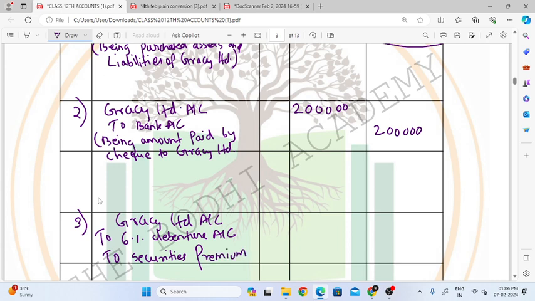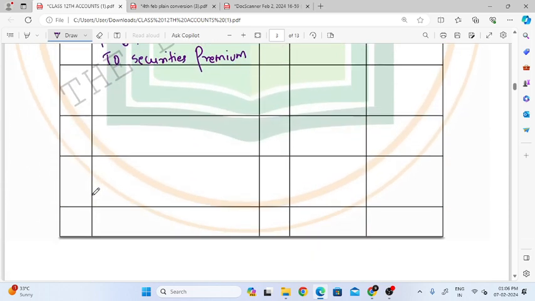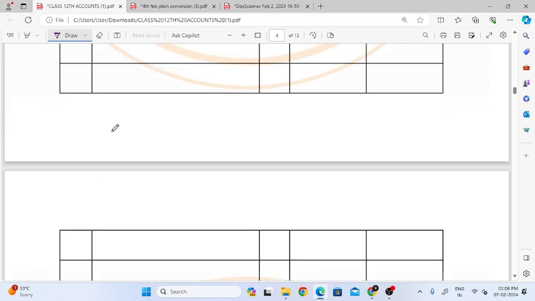So 9 lakh Gracie Limited, here we have to find out how much is the amount of issued share. Okay, so 7 lakh 20 is what balance we have now,